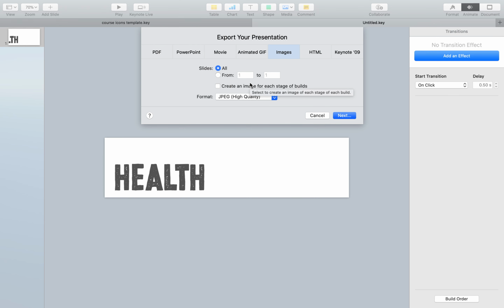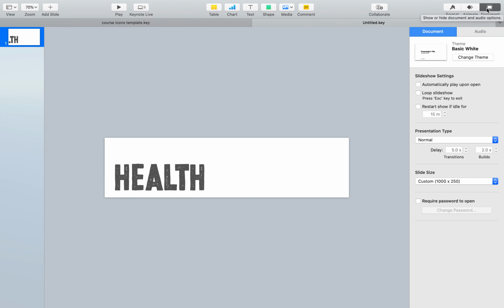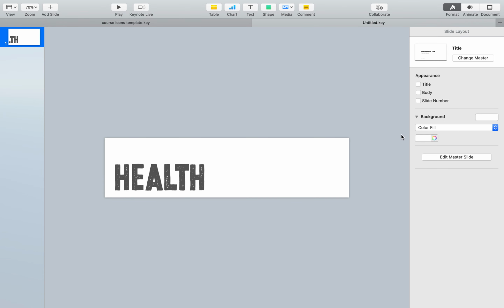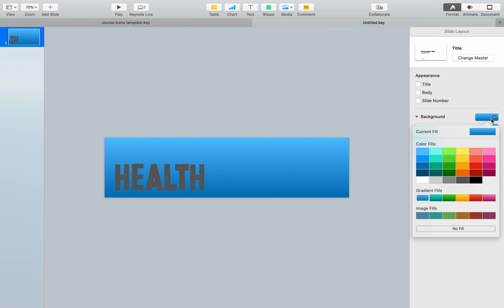So when you do the export, it puts it in a folder and you can say where you want it to go on your computer. I will tell you that if you do want to do a PNG with a transparent background, you want to make sure that you set your background color to transparent. So if I go to my document, format, my background color is set to white right now, and I can pick different background colors that I want to use